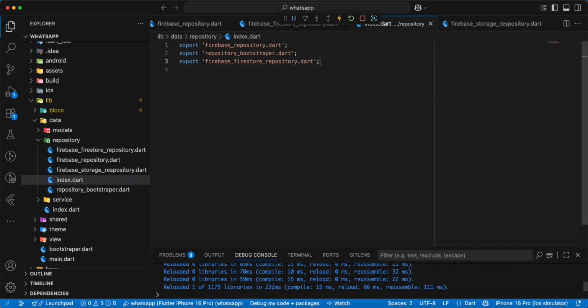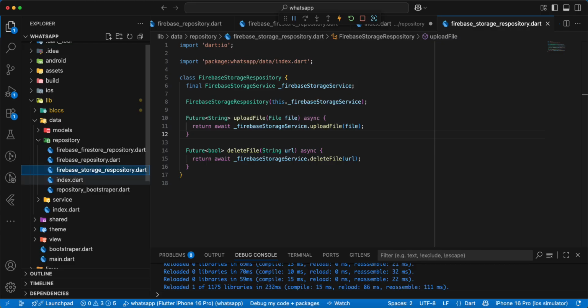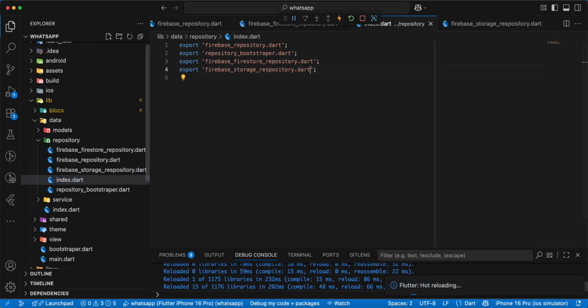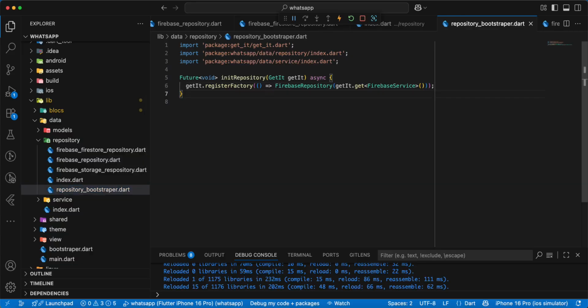Save, add export, save, open repository bootstrapper,